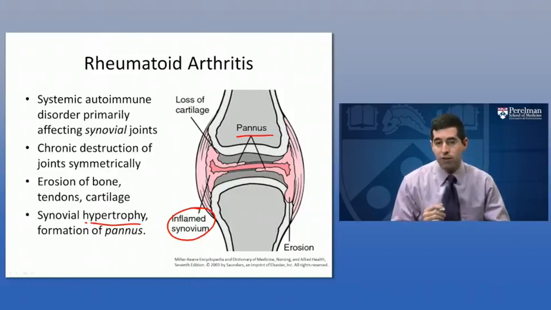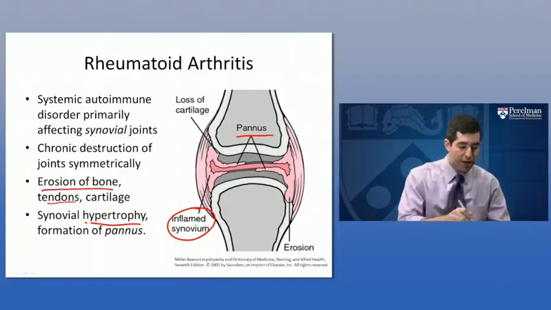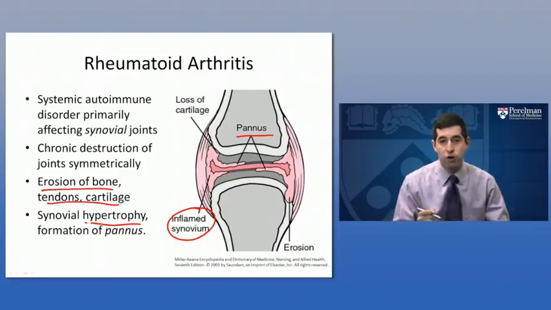Remember, the synovium itself had the function of producing synovial fluid, that egg white textured fluid that helps to lubricate and provide some shock absorbance within the synovial joint. In so growing, this pannus will start to cause erosions of the bone, the tendons, and the cartilage that make up the synovial joint. And with that destruction comes pain, comes deformity, and ultimately causes significant difficulty with quality of life,